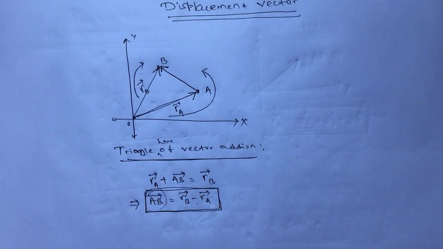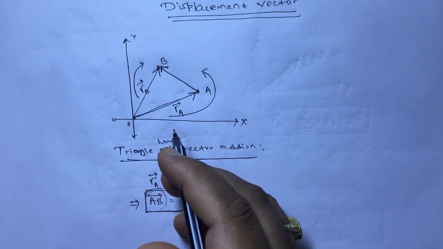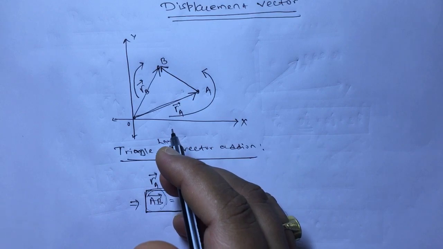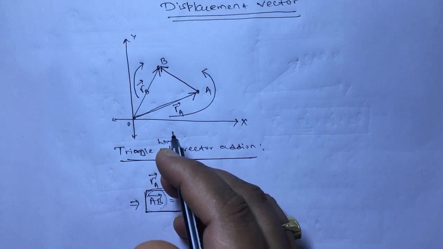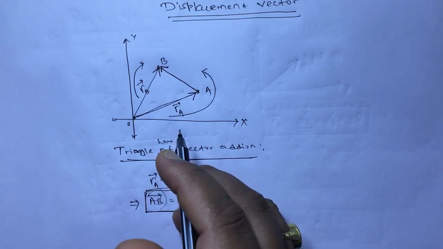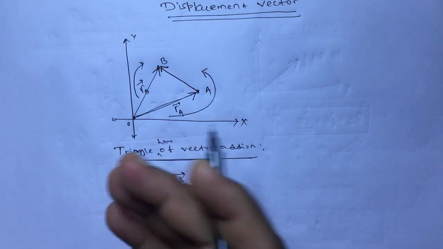Okay. Now, let us check why we are actually writing this I cap, J cap, K cap. For what? There must be some reason behind every concept. It is not that you are reading it only because it is in your syllabus. There must be some usefulness of that concept. So, now let us understand properly why we have learned these mathematical forms using I cap, J cap, K cap. What will be the usefulness if you write it in mathematical form? How is the mathematics going to be easy?